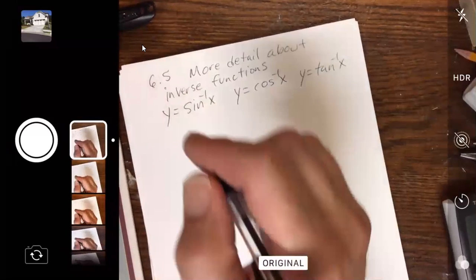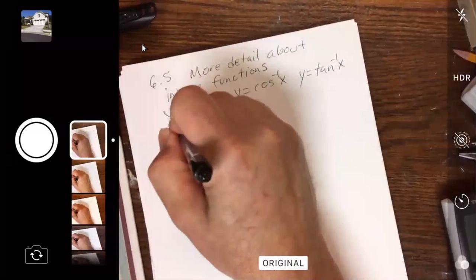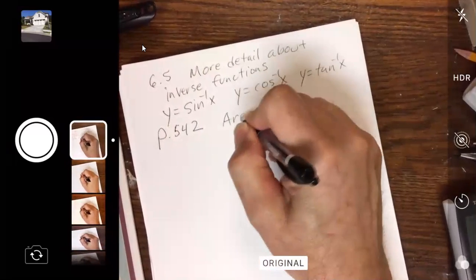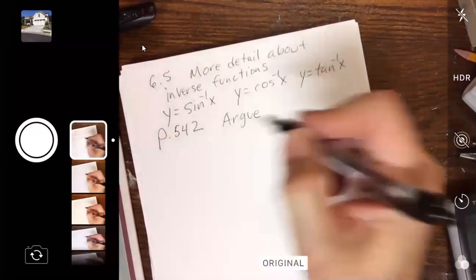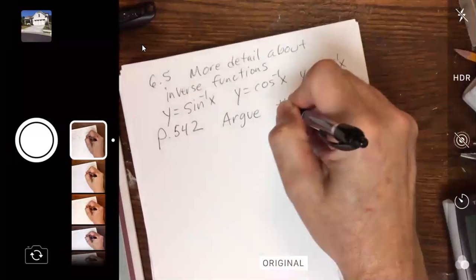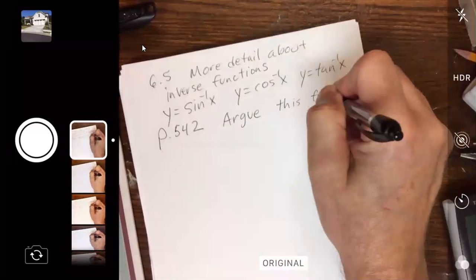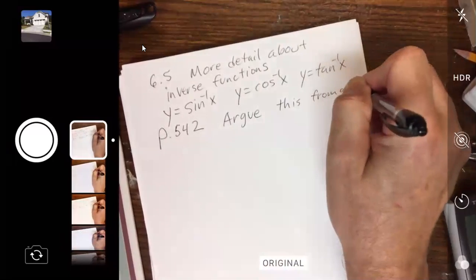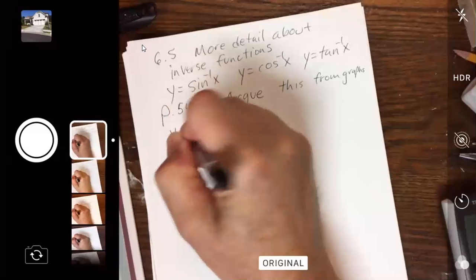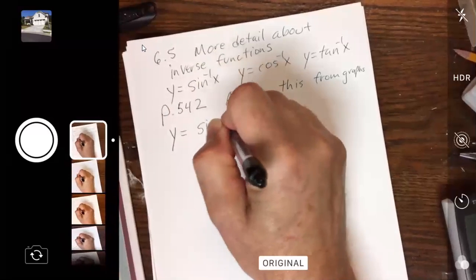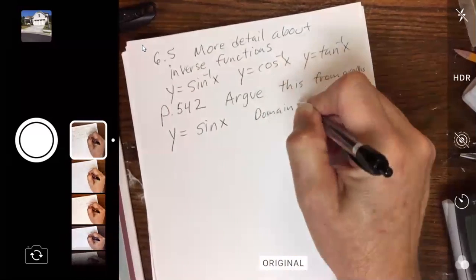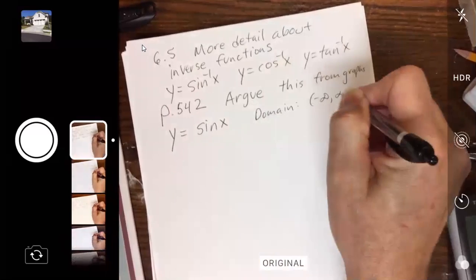So, page 542, we can argue this from the graphs now. I think they gave it to you way too early in the class. They hadn't shown you the graphs, but now they've shown you the graphs. Okay, so if you take y equals arcsine of x, domain negative infinity to infinity,